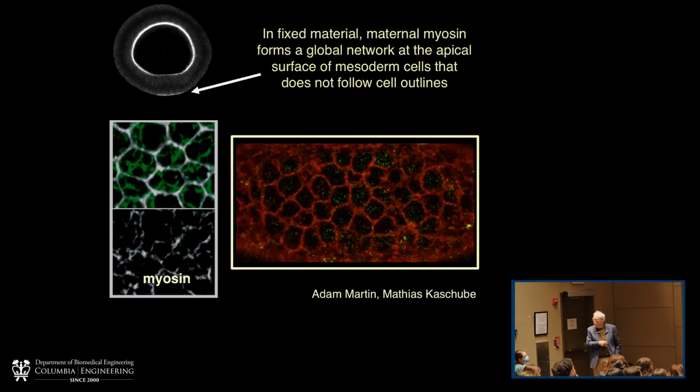This is the myosin accumulation. That myosin across this network of 600, 700, 800 cells that is mesoderm forms this continuous interconnected network that seems to span the cellular arrays. Now, obviously, the myosin molecules are not themselves spanning the arrays. Actomyosin cytoskeleton, through junctions, is forming an interconnected network over the whole surface of this mesoderm.